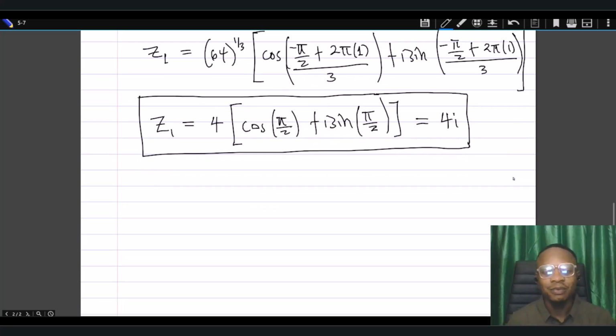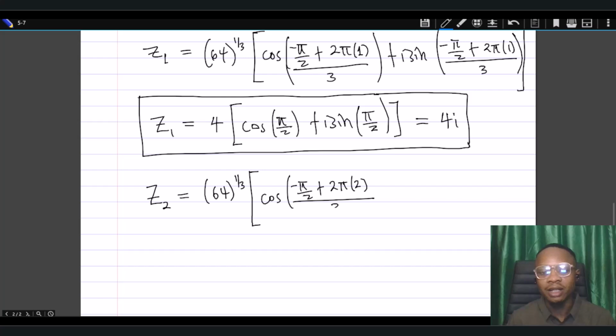And lastly, when we make k equal to 2, we have z sub 2 to be equal to 64 to the power of 1 over 3 into the cosine of minus pi over 2 plus 2 pi into 2, because k is now equal to 2, then everything here is divided by 3. Then we have plus, what will this give us? This is i sine of minus pi over 2 plus 2 pi into 2. Then everything here is divided by 3. So we close this off, and this gives us 4